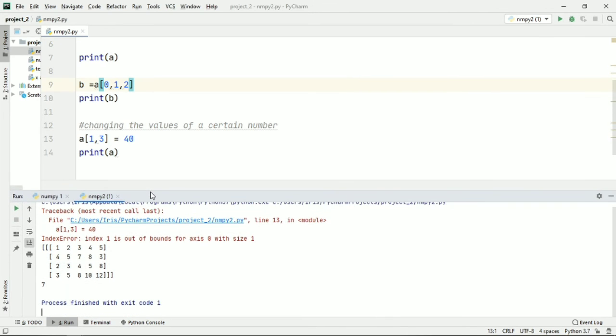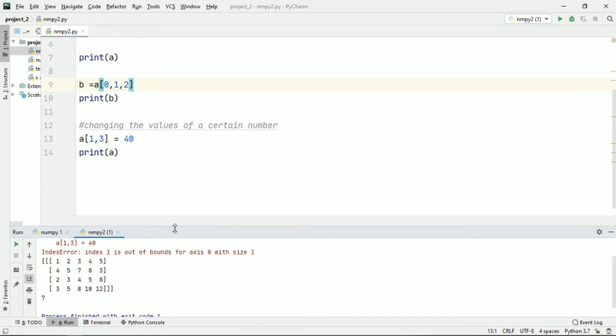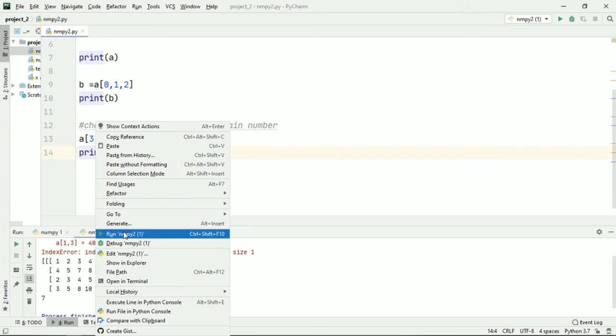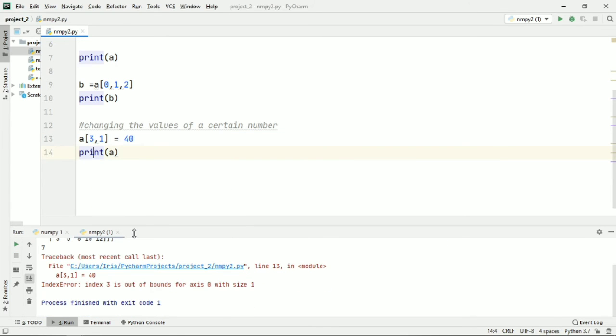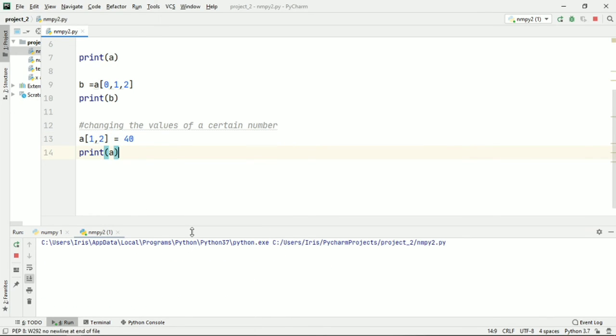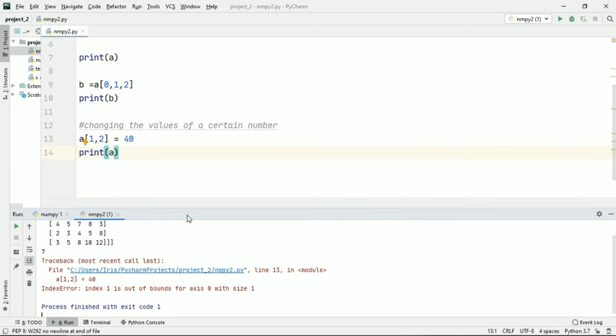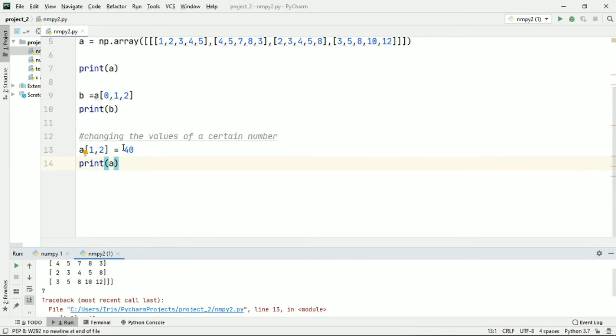Index is out of bounds. I just made some mistake. Let me just check that out. Run it. Just give me a second. What did I do?